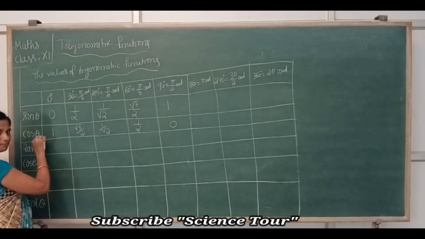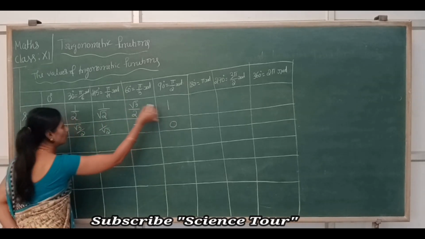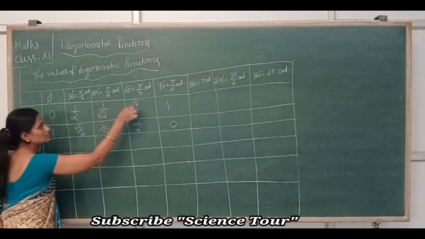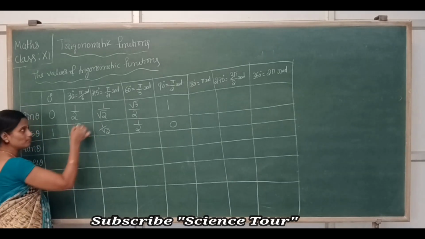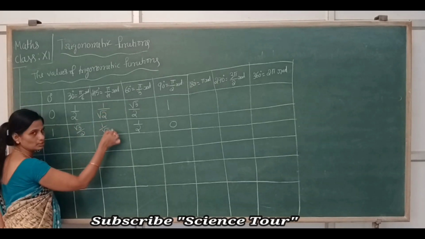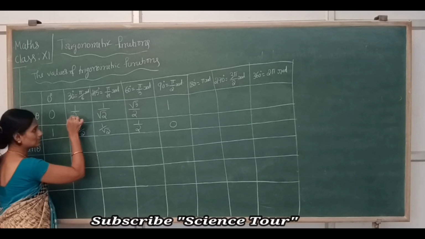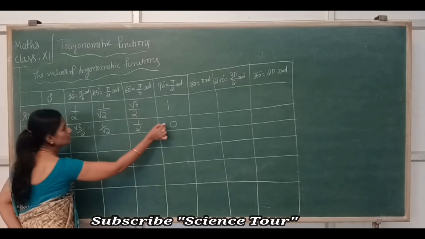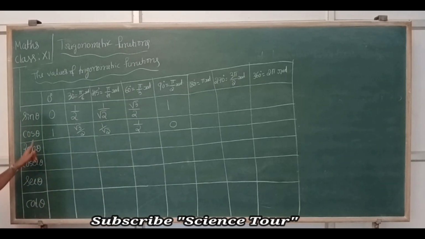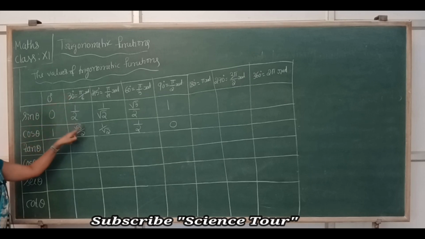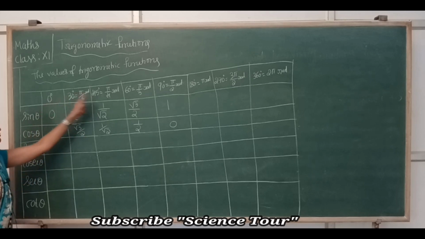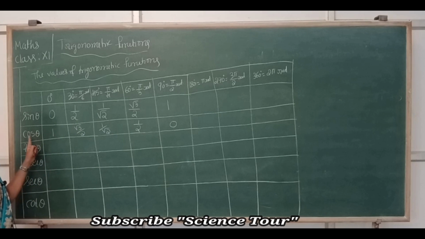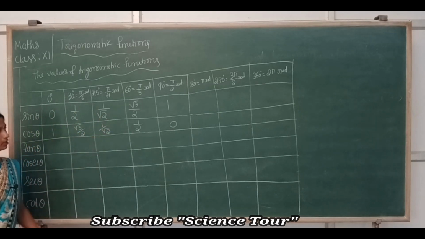Next, cos can be written as from here. Z1 takes first position. Next this takes second. This takes the same third position. This fourth here, second position it takes, here fourth position, here first place it takes fifth position. Clear? Now what is cos 0? Cos 0 is 1, cos 30 is root 3 by 2, cos 45 is 1 by root 2, cos 60 is 1 by 2, cos 90 is 0.